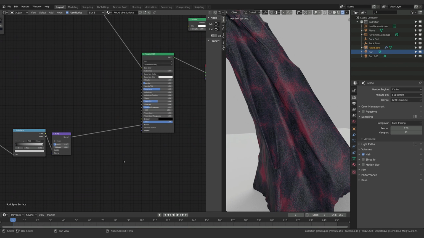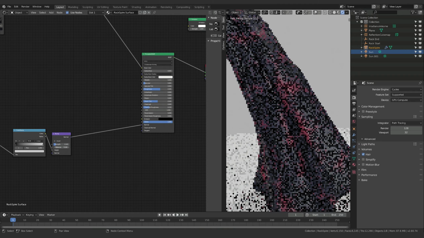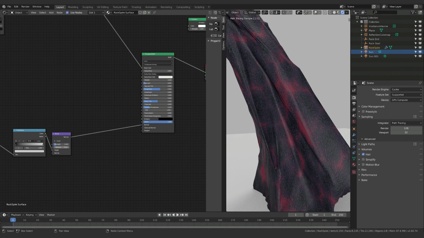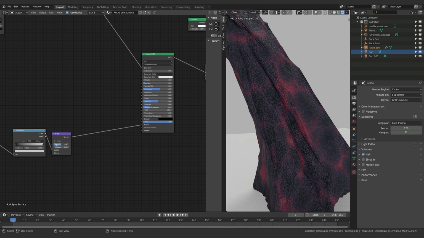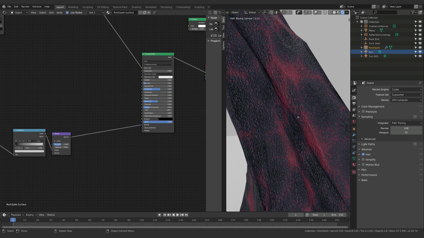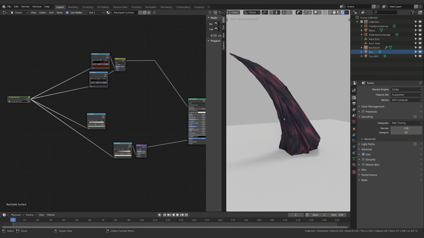And I'm just going to play with my distance and strength. So I'm just going to lower my distance down to like 0.2, and I'll bring my strength up. And that's kind of nice. So that's starting to give much more of a ridged effect. Okay, now the other thing we're going to do is